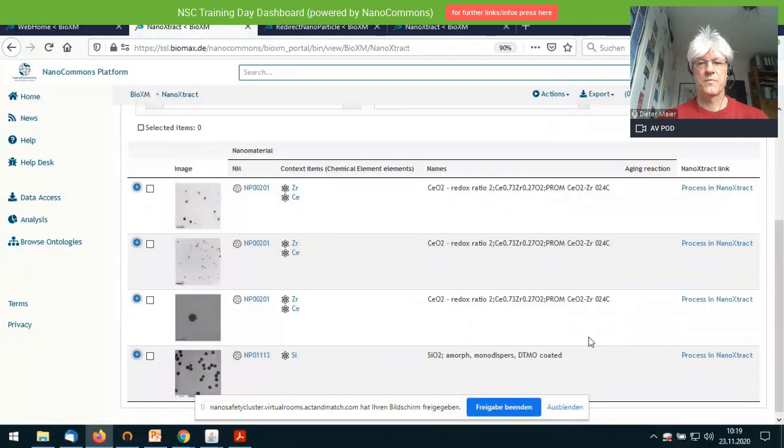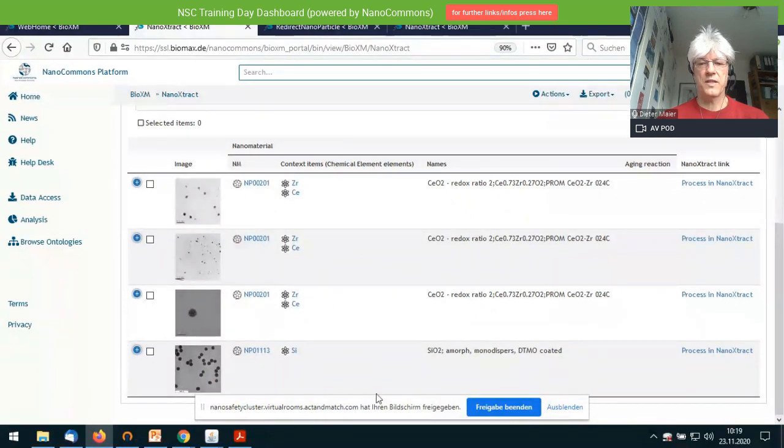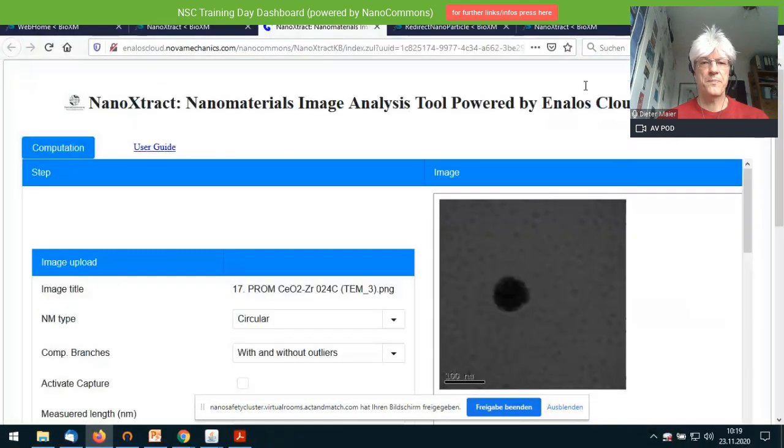And so we can then go for the individual parts. Once you have uploaded your image, you have found it again in here. If you want to analyze it, you go for process in NanoXtract. And that's going to automatically bring you to the NanoXtract software.